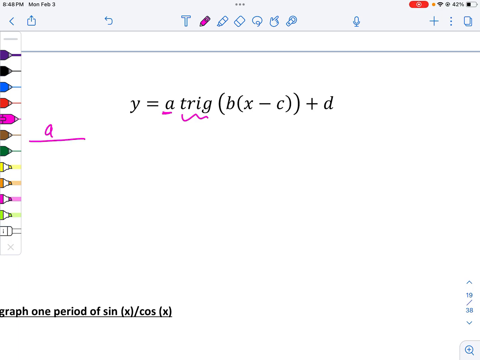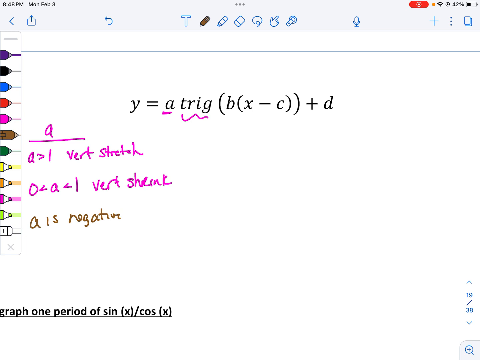So we know A is our vertical stretch. It could also be our vertical shrink. So if A is bigger than 1, we know it's a vertical stretch. Okay, if A is between 0 and 1, so if it's a fraction between 0 and 1, it's going to be a vertical shrink. So we're going to make that graph shorter. And then we also know if A is negative, okay, it reflects